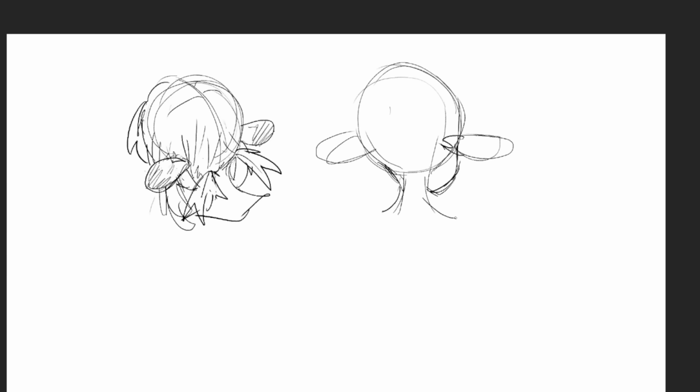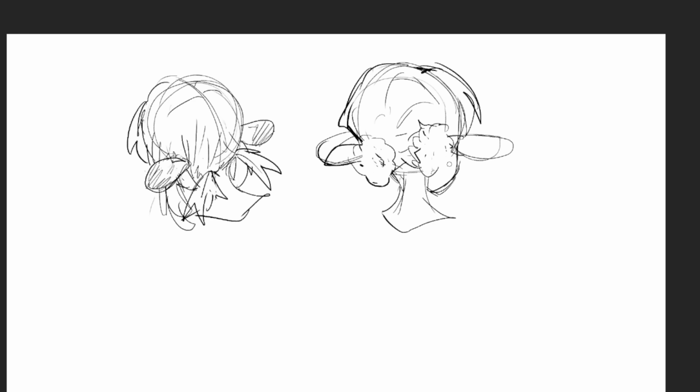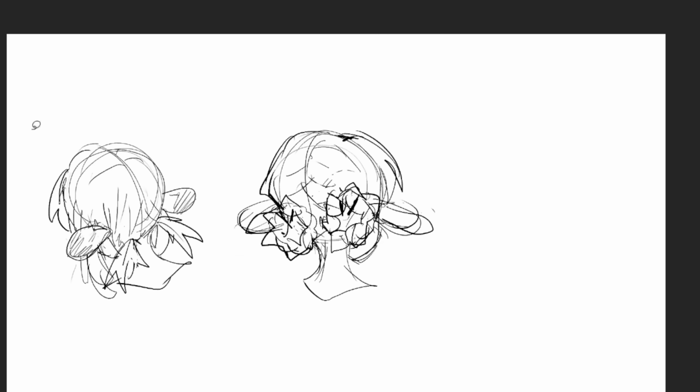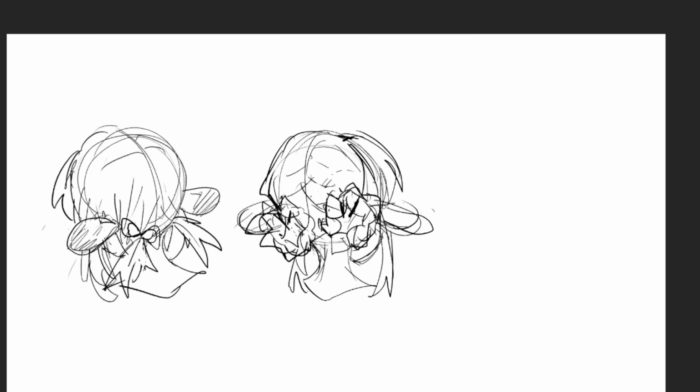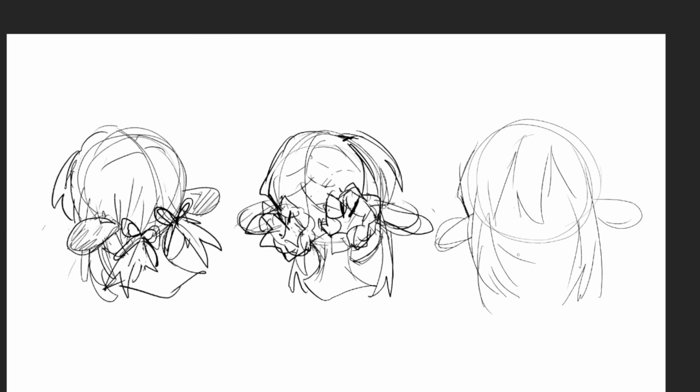Next, I'm going to consider some alternate hairstyles for her. Her hair is going to be kept loose almost all of the time. However, I definitely think there are going to be situations where she needs her hair to be a little bit more out of the way, or where she's too hot, or the job she's doing is very messy. And for that, I wanted to have two different options for her to tie her hair